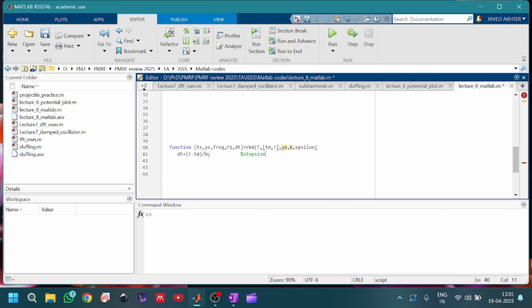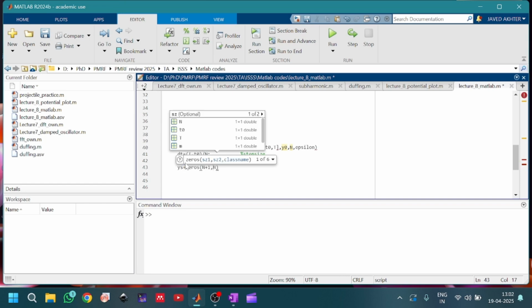Okay, so this is our test step size. Then what we can do is define an array. ts will be basically our time output, so let me create a ts array of zeros. Let the rows be n plus 1, since there are n number of data points. Then let us take ys to be zeros, n plus 1, and then you will have length